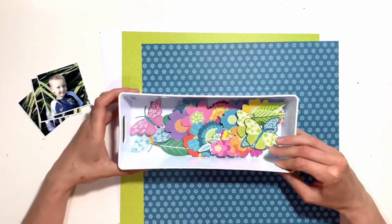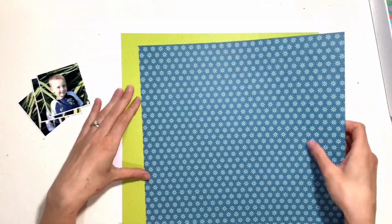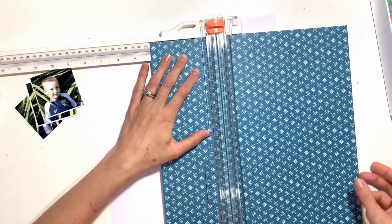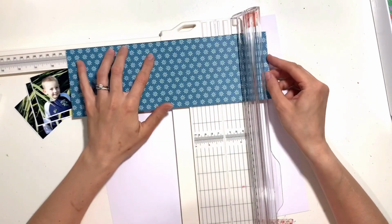So I'm using Paige Evans' new Splendid collection. I think it's only my second play with the collection. And I'm actually following, being inspired by a sketch. I do change it ever so slightly, but I had a sketch saved in my Pinterest on one of my boards, and as I was just scrolling through, it popped up, and I actually thought it would be perfect for